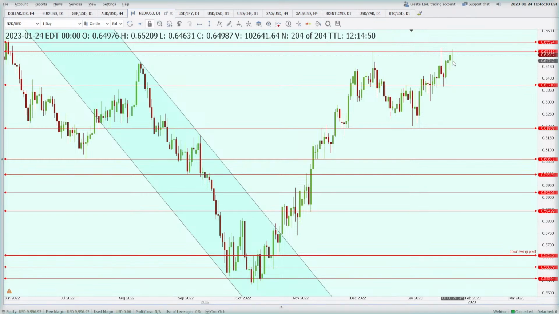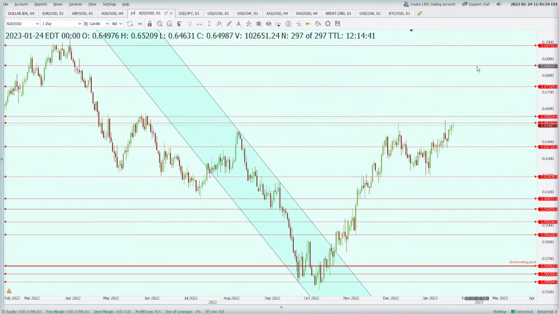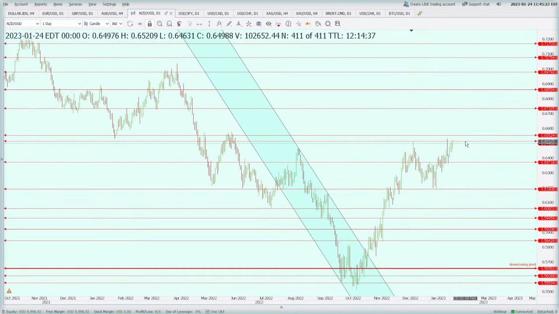This high was around 0.65131 and this high was 0.65299, and today the price has made a high of 0.6520. So it was in between both of these, and immediately after the break of this level there is another important level of 0.6552. So I think till the time the price does not clear these two levels, I will not be very happy with the